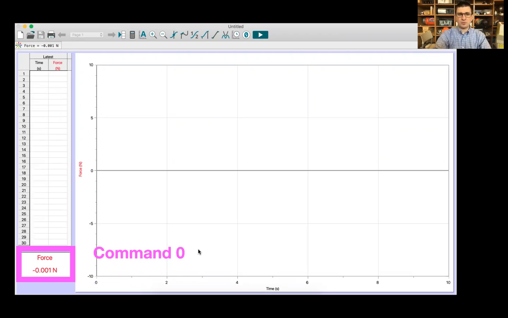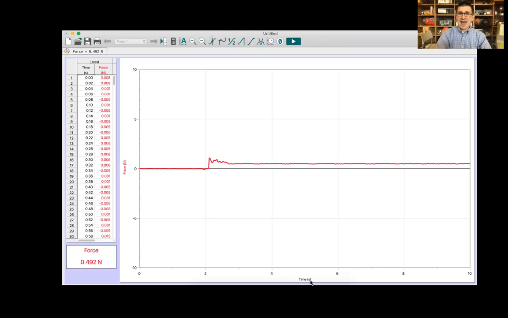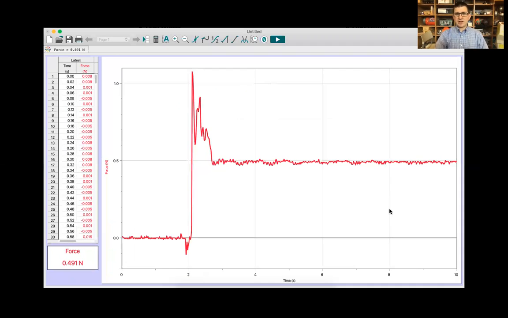So after you zero the force sensor, then you can add your force hook onto it. Don't forget to press play so you can get a nice graph that shows, okay, so when I add the force hook, there's some jostling at the beginning, but then it settles in. But this is a little bit small, so don't forget the handy dandy auto scale button at the top, which will allow you to see a little bit more. I kind of bumped it when I was putting the force hook on. And then you'll notice that it has a pretty constant force, right around 0.5.